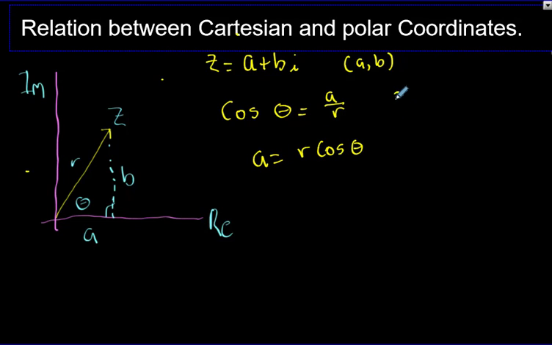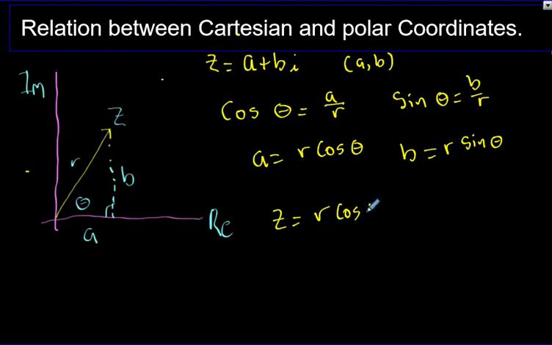And then I could do the same thing for the sine of theta. So I can say the sine of theta is going to be the opposite over the hypotenuse, so it's going to be b over r. And then I can solve for b and say that b is equal to r times the sine of theta. And now I know my complex number. After substitution, I can represent it: if I substitute my a, it's r cosine theta plus r sine theta